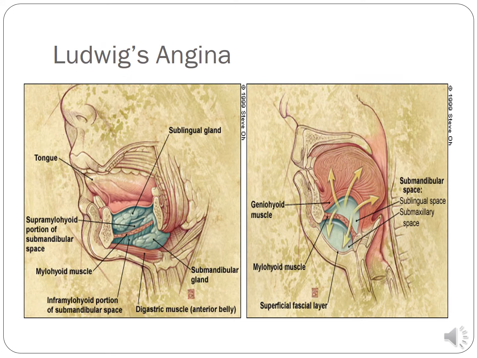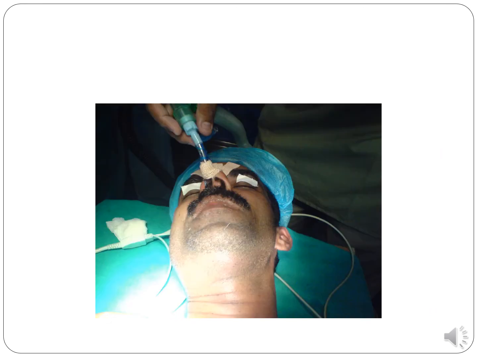So this is where the space is getting large, the submandibular space. This is just a pictorial representation of how the tongue is raised and then pressed against the roof of the hard palate. This is how the neck appears in a Ludwig's angina patient. So you have to intubate the patient because the patient is not able to breathe adequately.